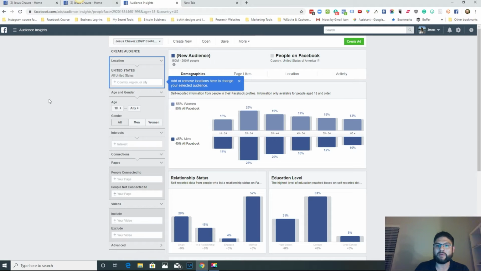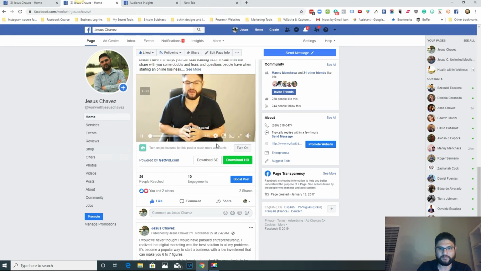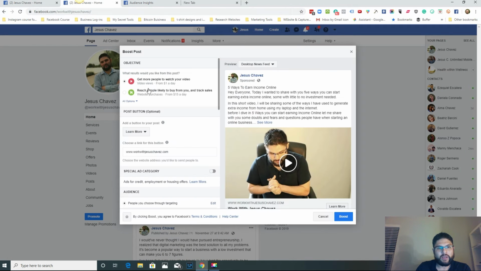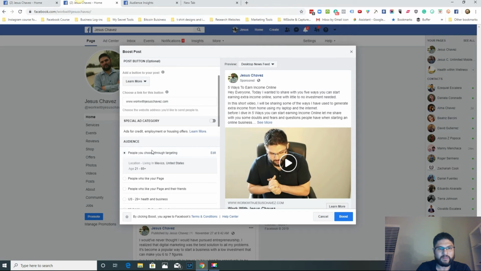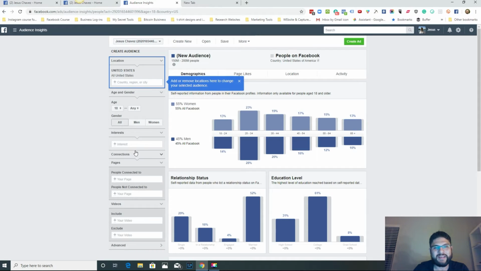The way I boost posts is I do a little bit of research, because as you can see here, you can pick your audiences. But if you have your audience insights, you can really narrow down the information on here. What this means is it's telling you exactly who you're going to be reaching, or where to spend your dollars more efficiently. So for example, if we're doing a business offer, and we want to sell something to our audience that likes pit bulls, something like a pit bull shirt or a pit bull necklace,